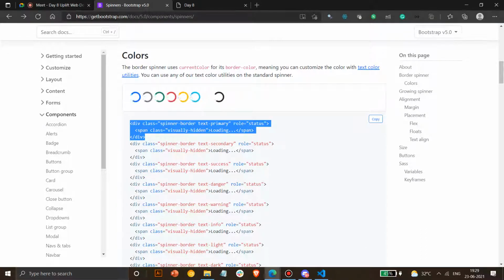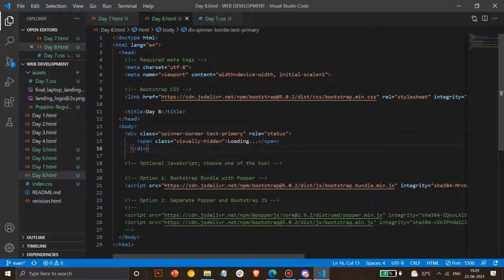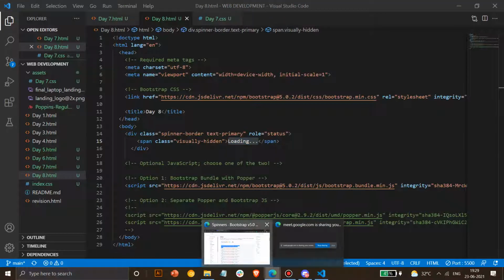They should have a very small code, and there's some visually hidden text, which is when your site doesn't load properly, it will show these words. Sometimes you might have seen in many websites, they show loading if you don't load the website properly or you have network issues.